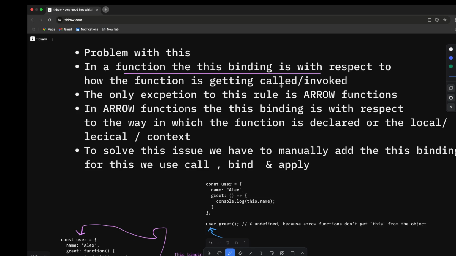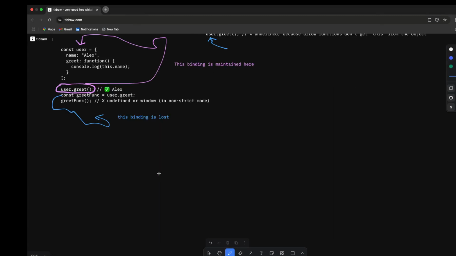the this binding is with respect to the way the function is getting called or invoked, right? Basically what I'm trying to say is the way I'm invoking or calling the function is what defines the this binding. So now here if I'm using user.greet to call the function, the this binding is perfectly giving me Alex. If I just assign this to a variable greetFunc and then call it, since I'm not doing the binding to the function,